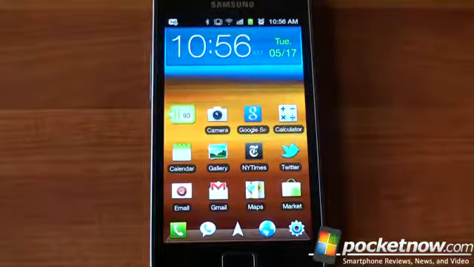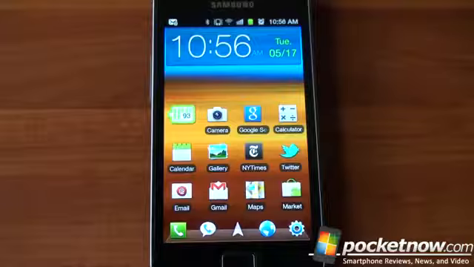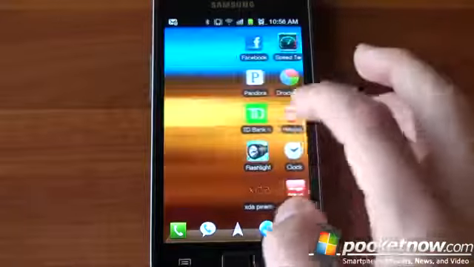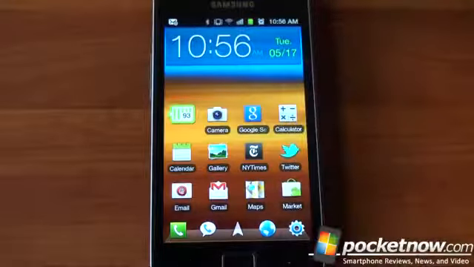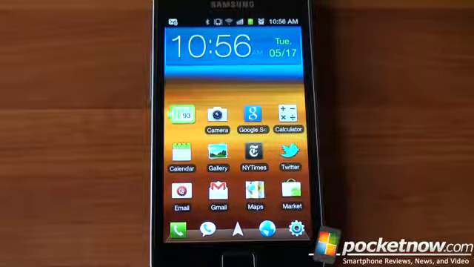Number 5, limit the number of widgets and icons you have on your home screens. Here I have no widgets except for the time widget over here. There's a lot of people out there that like to have Facebook widgets, Twitter widgets, etc. and so forth. These use system resources and they always have to redraw. And the widgets are more complicated for the system to redraw because they have live data elements, they're streaming information. So turn those off if you can.